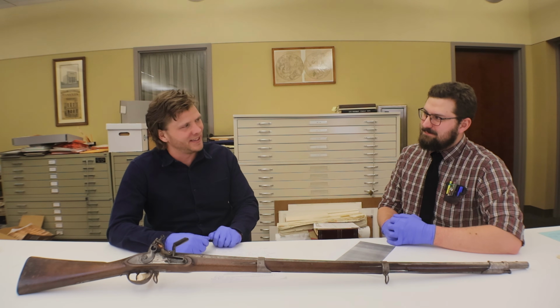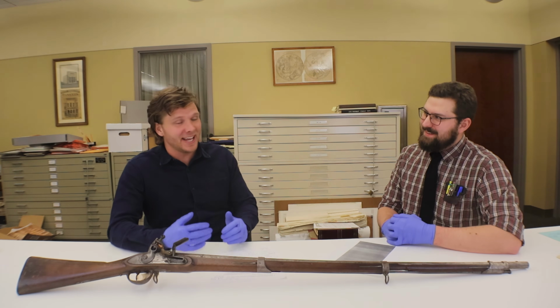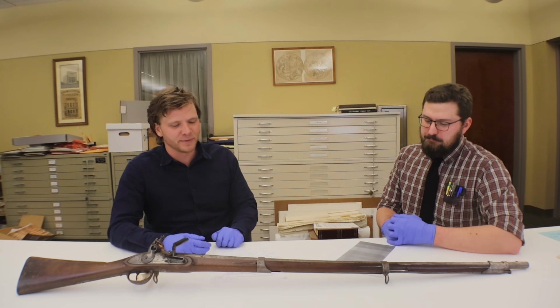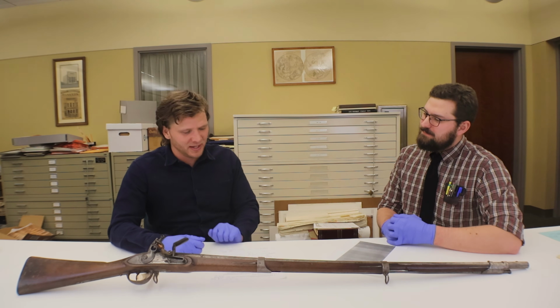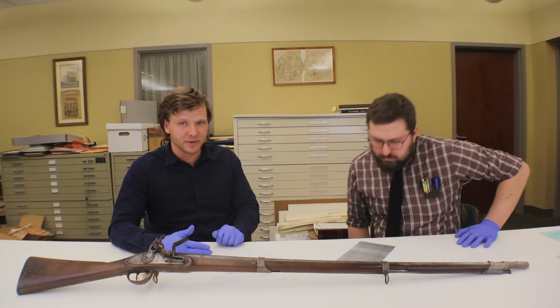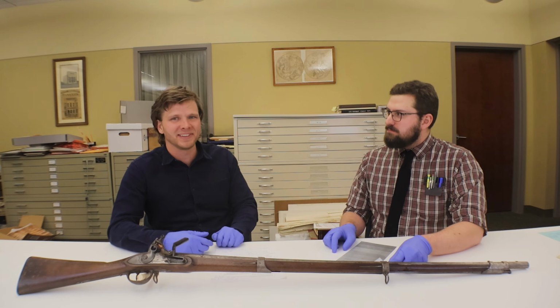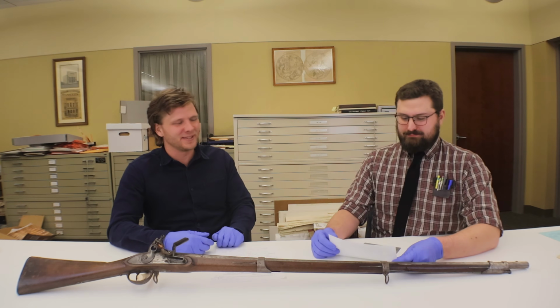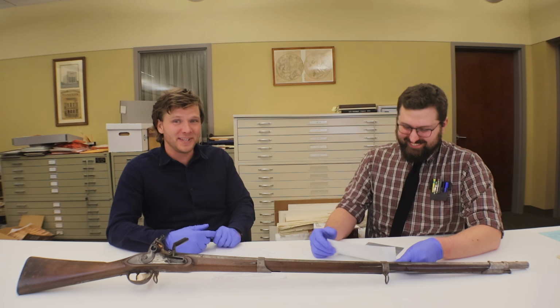He doesn't deliver, and this is probably one of my favorite letters ever. Eli Whitney is now late on his second government contract to deliver firearms. Secretary of War Eustis is gone, and there's a new Secretary of War in, and the Commissary General, Callender Irvine, is just not having it. He doesn't like Eli Whitney, and this is now November of 1813. So what is this? This is 5 months after? No, it would be 6 months late on his first delivery of 500 arms, and the Commissary General's not having it. So I'm going to have Nick read the Commissary General's letter to Eli Whitney, and